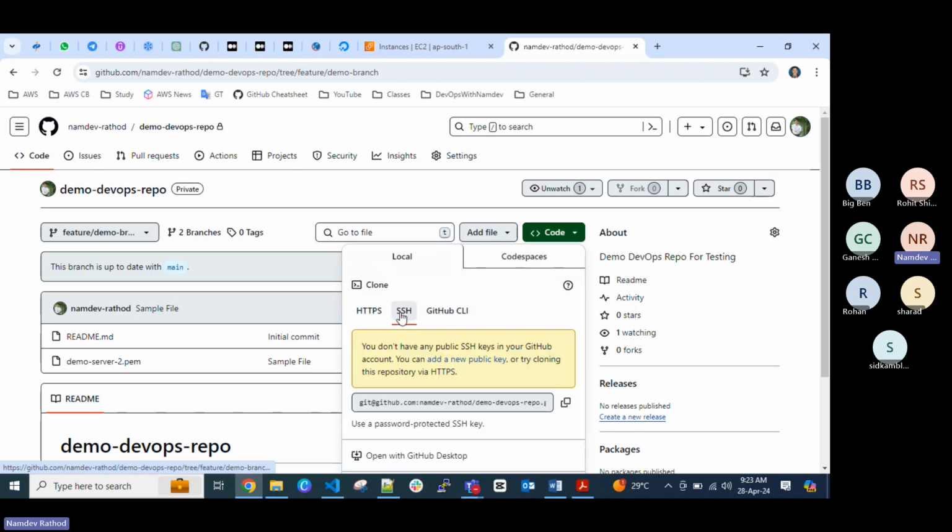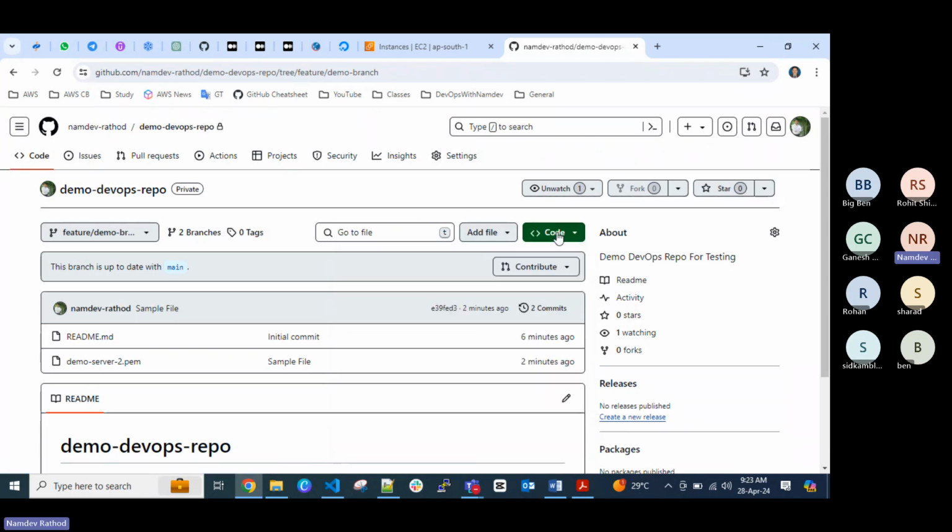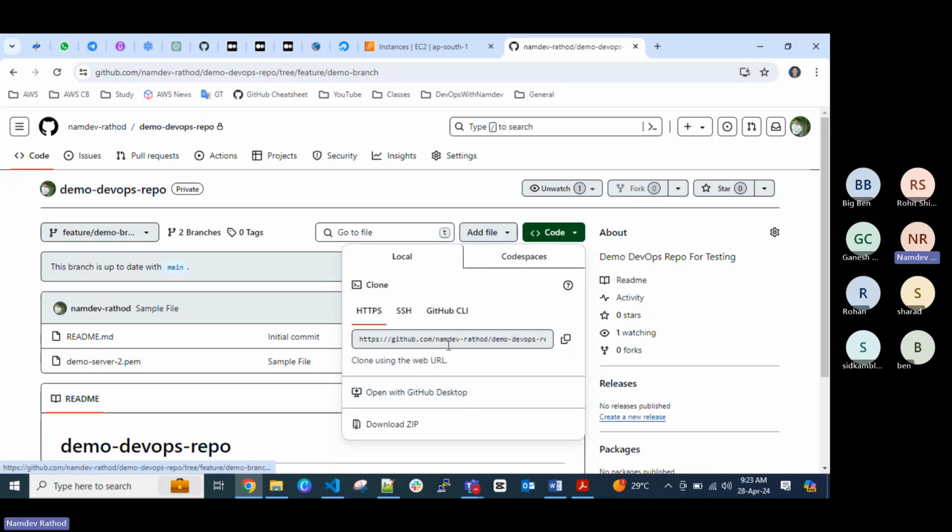For SSH, you need to configure your SSH key and generate the key file. You can use PuTTYgen or any other tool to generate the private key and public key. You need to add that public key in this option. If you click on this, you will get that. But the quicker option now is HTTPS. So we can just copy this URL